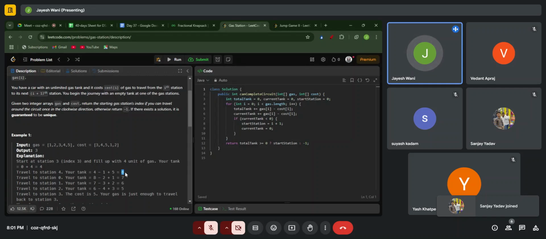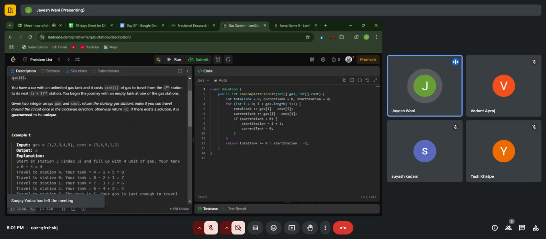So that will make our gas 8. Sorry, gas to 8. So after we travel from 8, we have remaining gas as 8. Then after subtracting 2, we are again getting 1. At the cost of 1, we are getting,